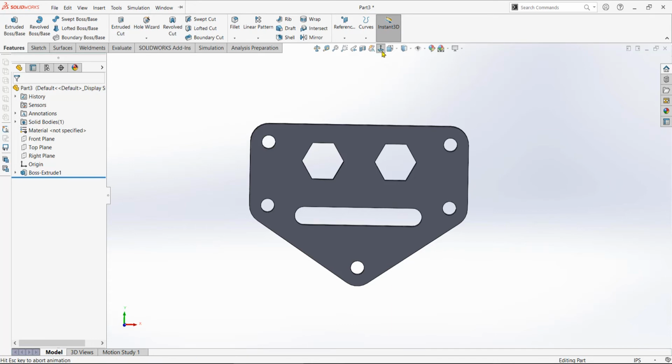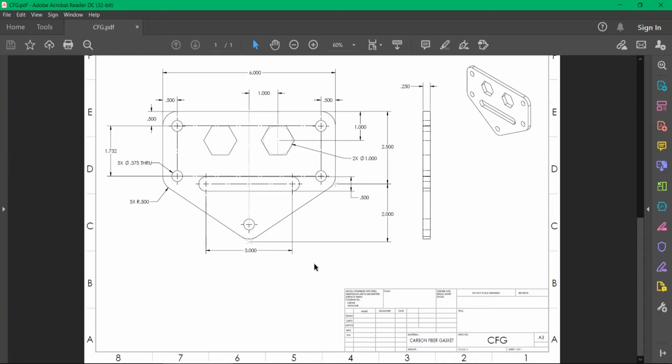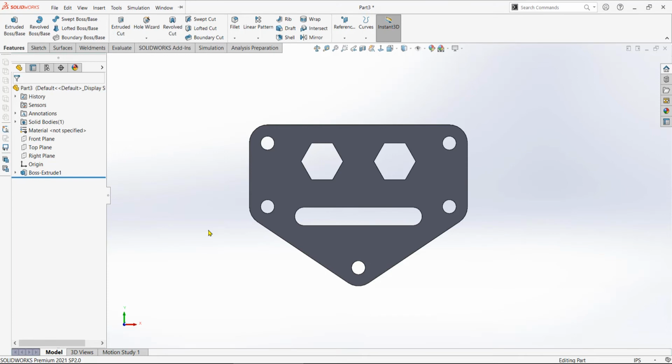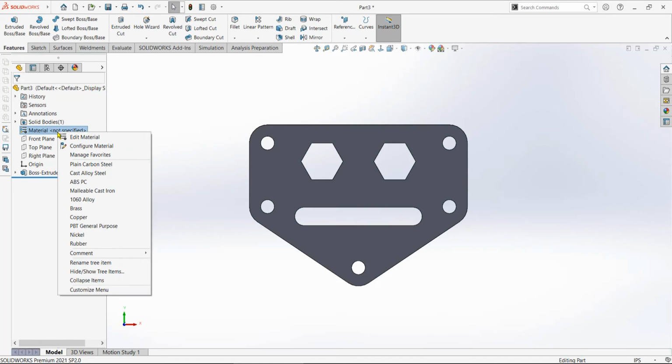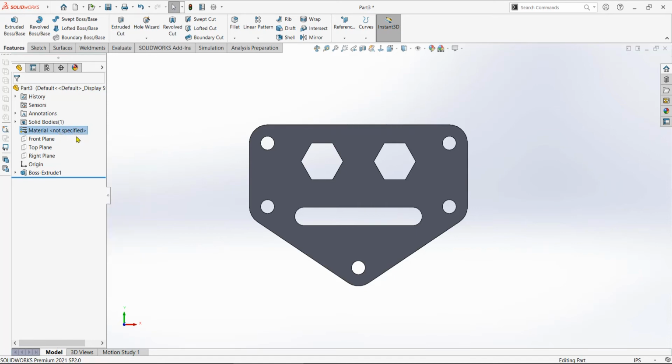We finish this part. The material is carbon fiber gasket. When you need to apply material to your part, you go to this section, right click the mouse and edit material. Okay,